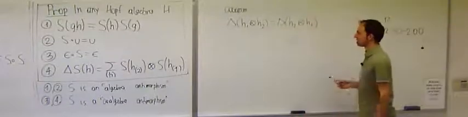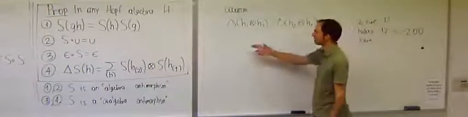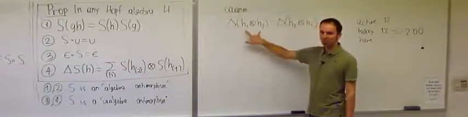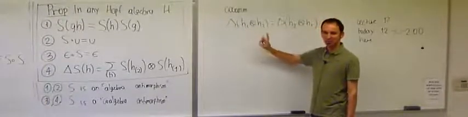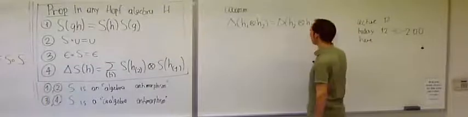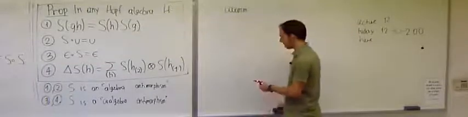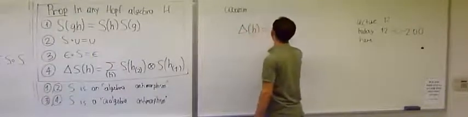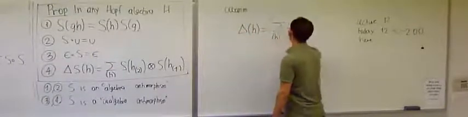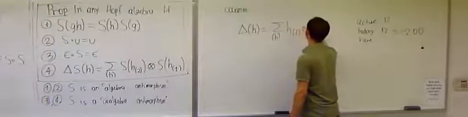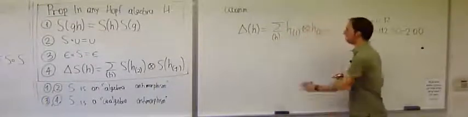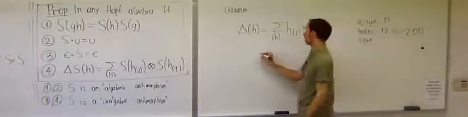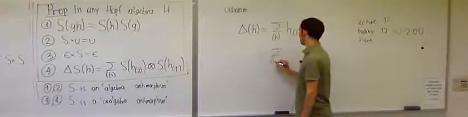It's not this, because you're applying delta to a tensor, and you're supposed to apply delta to a single thing. Really, what cocommutativity says is that if you do this, then you can apply the twist map, and that's not going to change delta. In other words, this is the same thing as